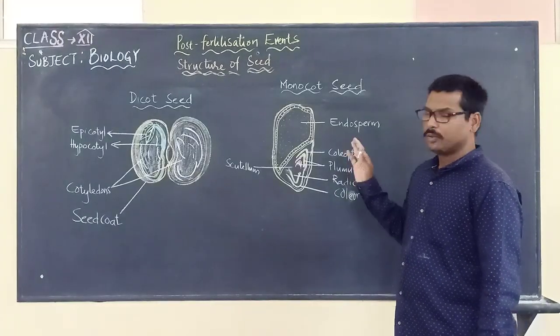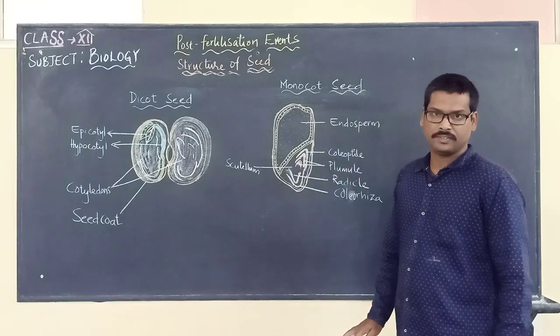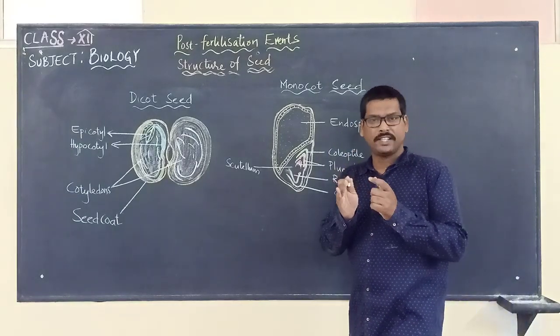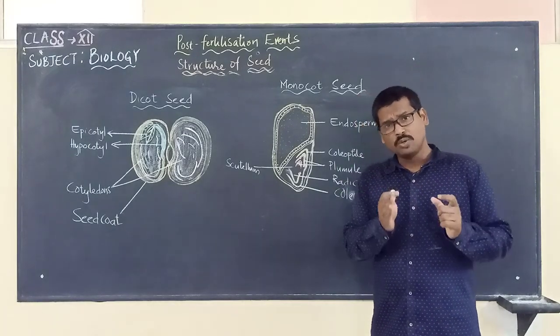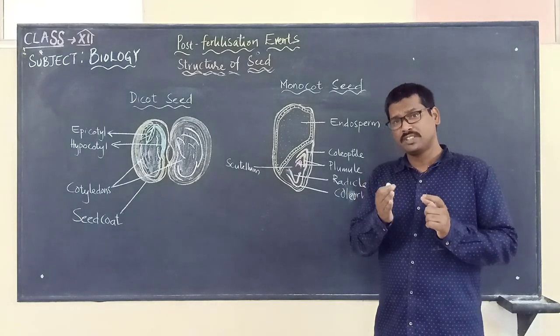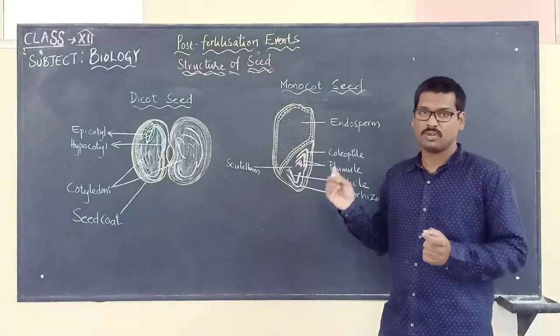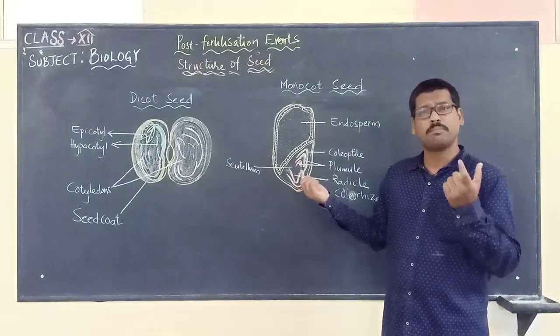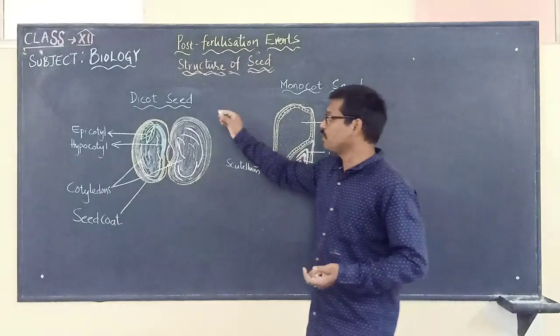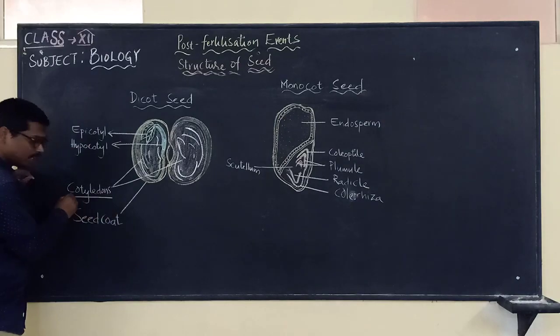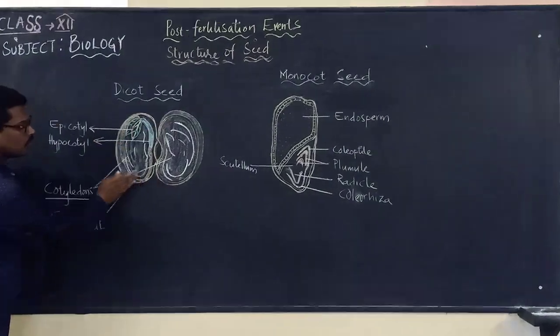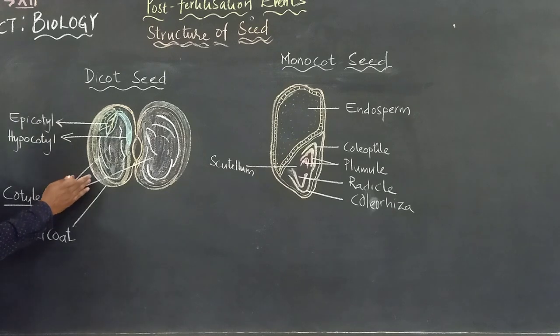If you are looking at the dicot seed and monocot seed, we can easily differentiate some of the parts, though most of them are very common. The growth and development of the embryo is the same to a certain extent in both dicot seed and monocot seed, so they show the same parts. Suppose we take the dicot seed. It has how many cotyledons? Two cotyledons. These cotyledons, along with what we call the embryo,